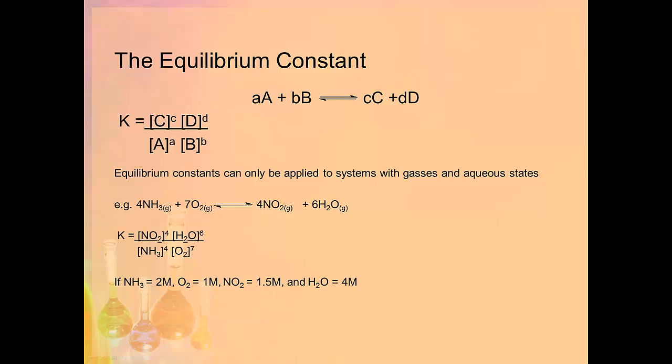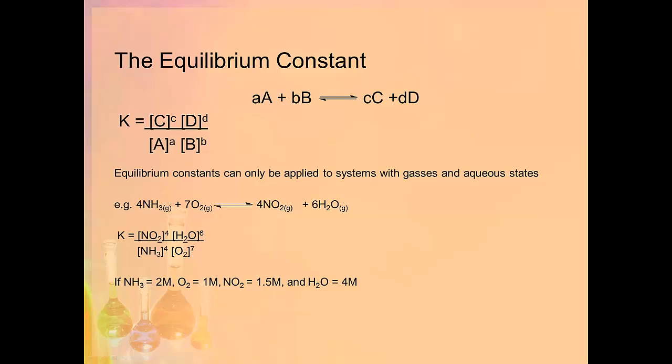Notice that we use square brackets around our molecular formulae to indicate that we mean the concentration of. So those square brackets mean concentration of NO2, concentration of H2O, and so on. Now this is our equilibrium constant expression. What we can actually do is, if we have actual values for these concentrations, we can put those into the equilibrium constant expression. So at any given point, at some point in the reaction, the concentrations of these different species